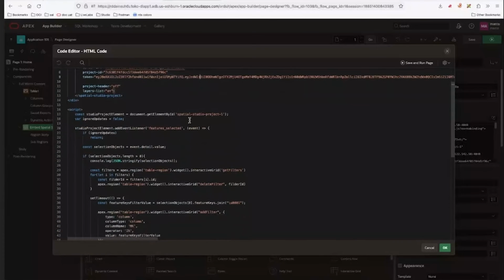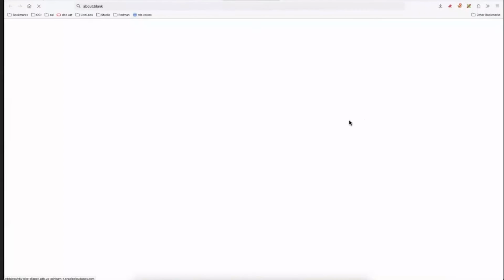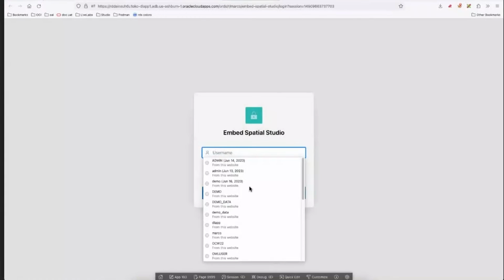And then in the script are the embeddable component features that allow you to react to mouse clicks and features selected in the map, and then send that over, in this case, to Apex to do something using Apex functionality. So just to run this page and see what it looks like, I'll log in,